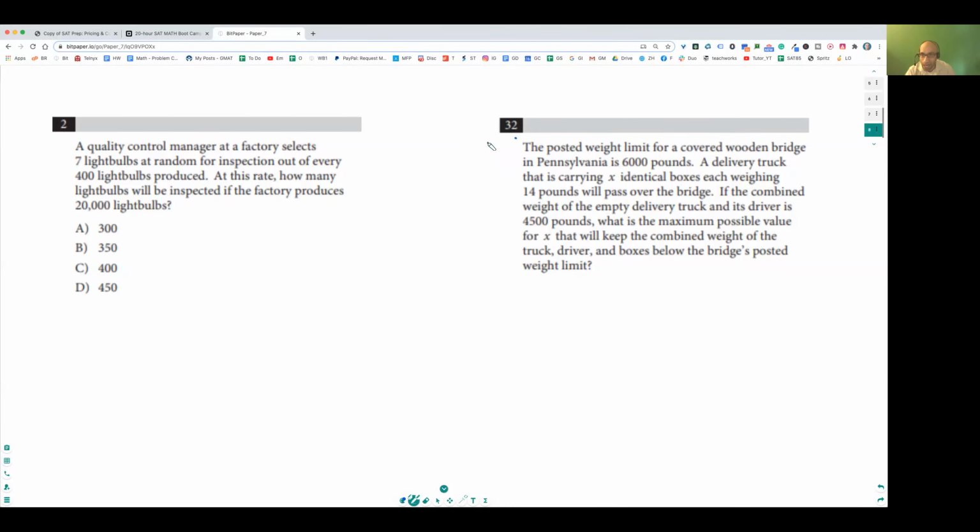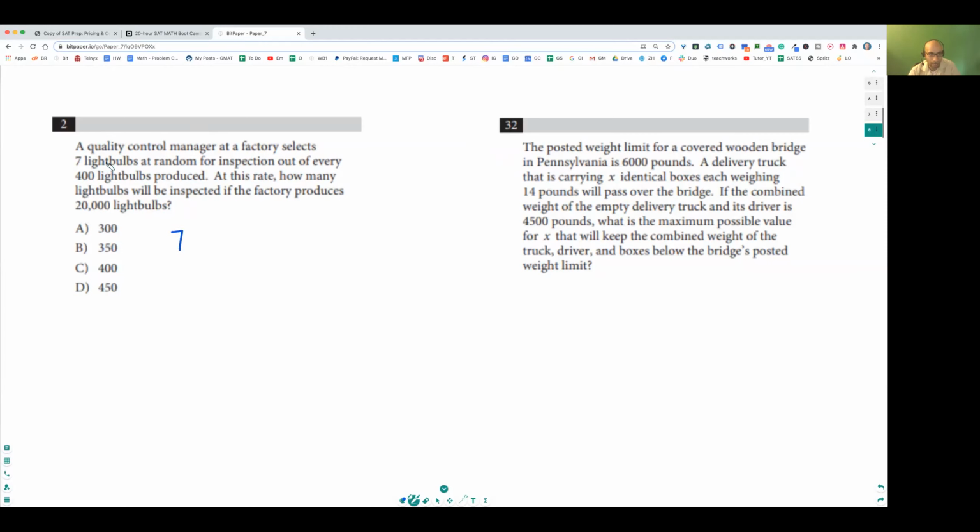Genevieve, you were asking how to go through these problems. Just be very careful. Write down what is the meaning of 600 pounds? What is X? What is 14? We're going to have a word problem session in my boot camp very soon, in my 20-hour course. Meanwhile, over here, all you're going to do is write down